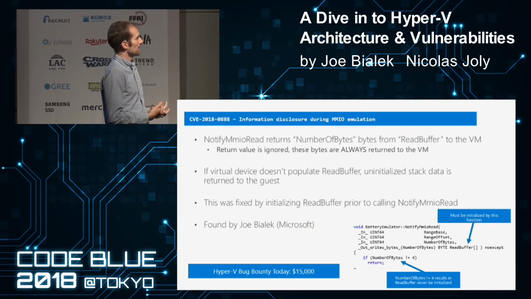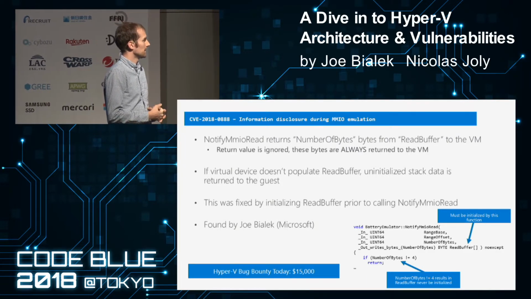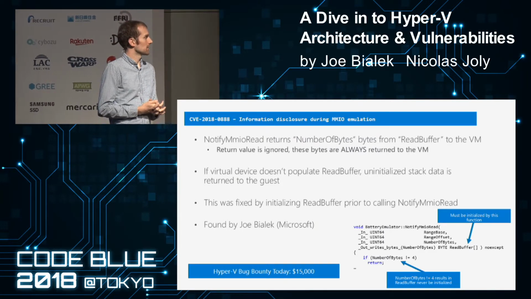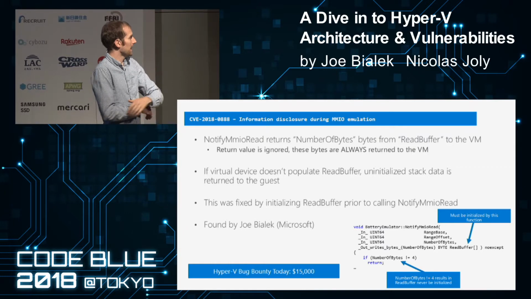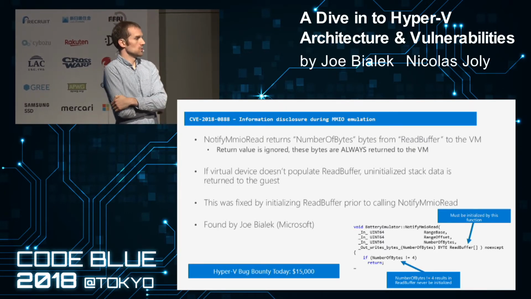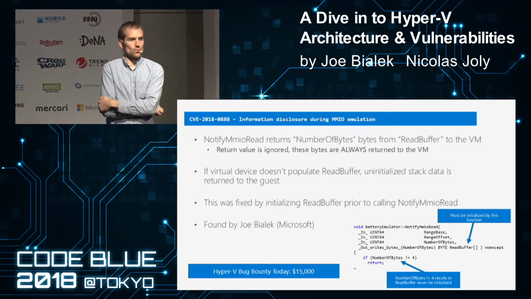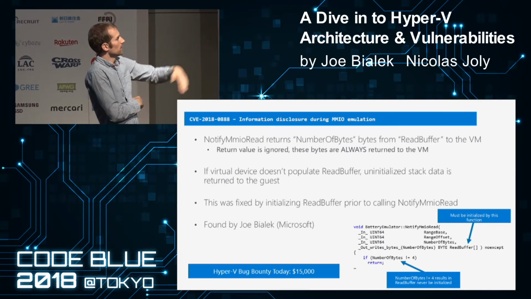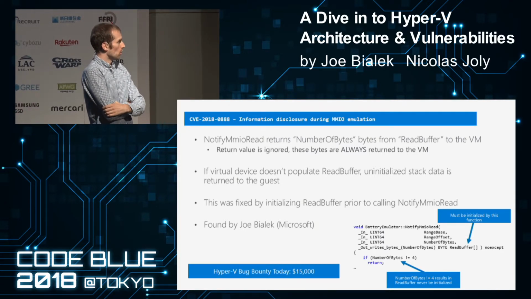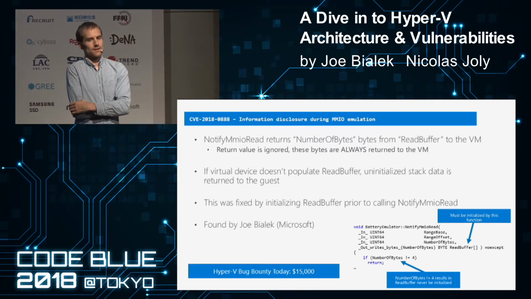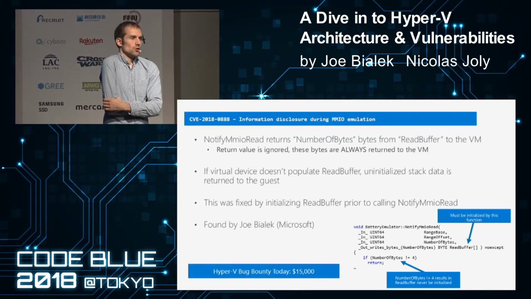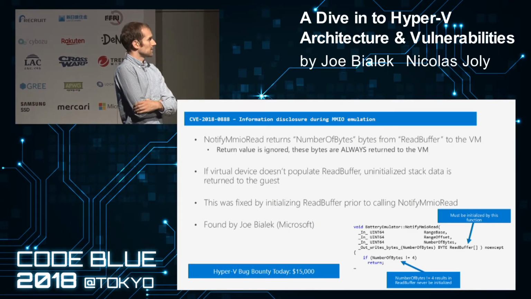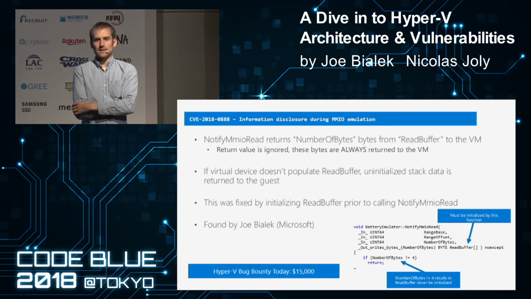And the issue was that there were actually some emulators that we had which would, in error cases, not initialize that buffer. So you can see here this example of the battery emulator, which is used to tell a virtual machine running in a laptop how much battery that laptop has. This emulator was expecting that there would only be 4-byte reads happening to its MMIO range. And so if you tried to read anything other than 4 bytes, it would just return. So this means that if you try to do an 8-byte read, then you will read 8 bytes of uninitialized